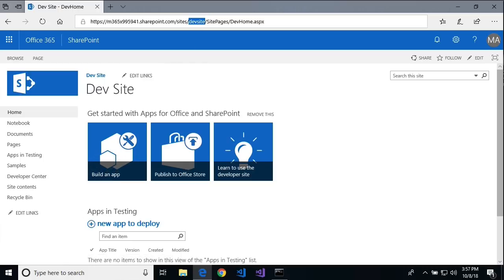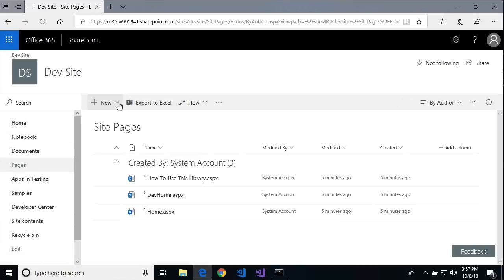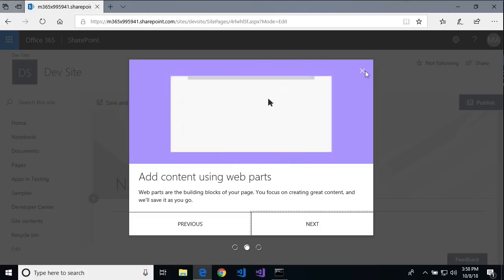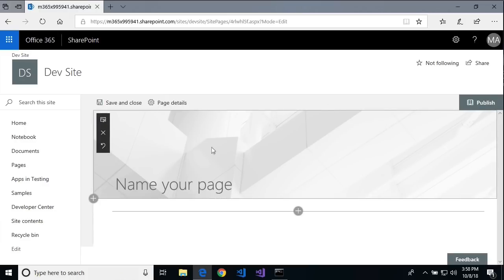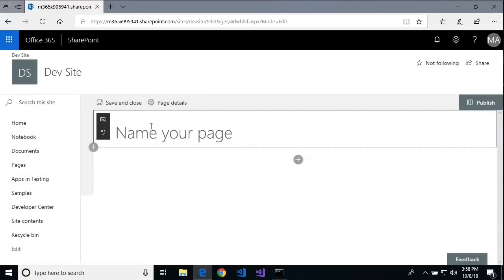Now I'm going to create a new modern page that we can use to test with. So I'm going to come over here to the pages library. I'm then going to select new and then select site page. So here we have a page that's been created, and I'm going to go ahead and close out of this new experience here. And one of the other things I'm going to do is hide or shrink up this top part of the page to make it a little bit easier to work with. And I'm just going to call this my